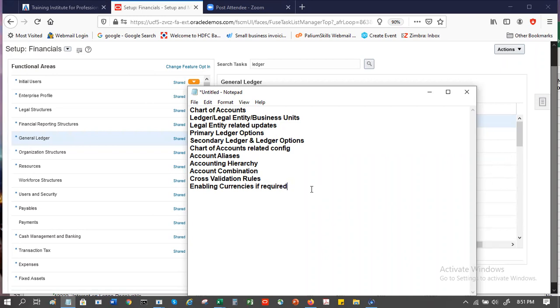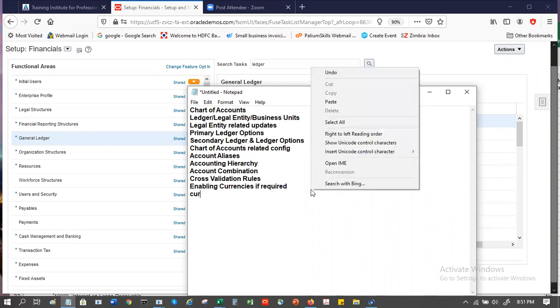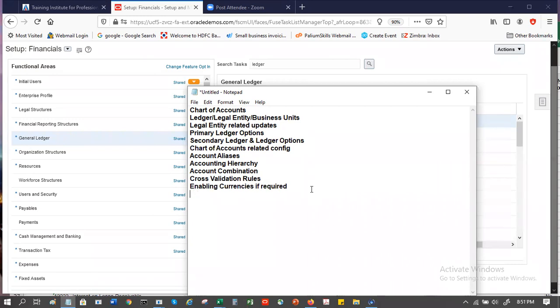Okay, and currencies and currency types, if any. Conversion types, usually spot, user, and corporate. That's the most common thing that we have.